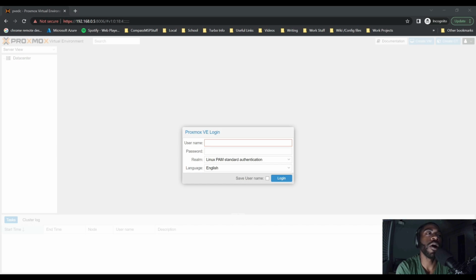So in today's video, I'm going to show you how to set up a Linux container in Proxmox. Before we get started, I should talk about some advantages. Like I said, Linux containers are very lightweight. They're very easy to set up. They run on the Linux host itself, so there's not really